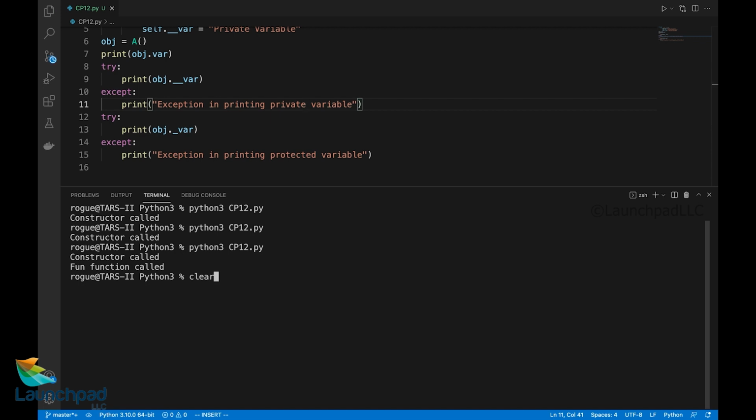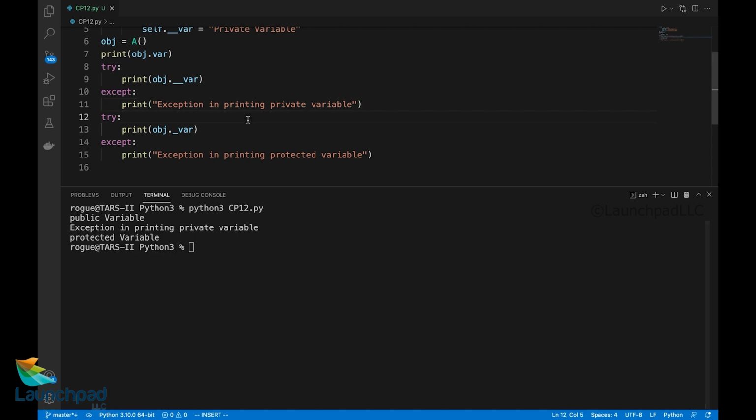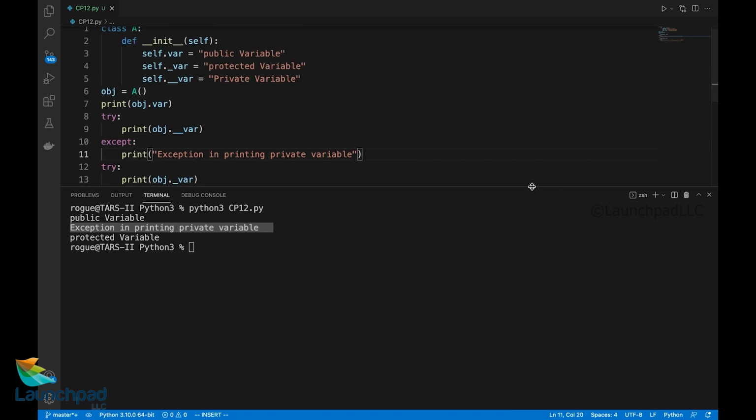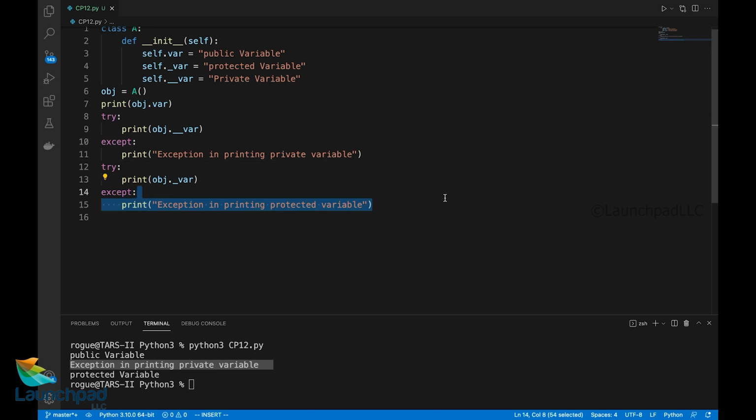Let us see the output of this file. When I run this file, you can very well see the public variable is being printed. It is accessible outside the main class. That is obvious, very well known. I am unable to access the private member of this particular class, and the protected member, since the whole data is inside the same file, is file restricted. We can access the protected members outside the class. It is doable.